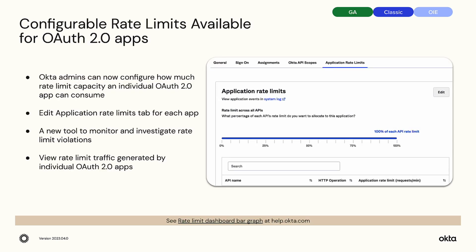Configurable rate limits available for OAuth 2.0 apps. Rate limit violations mainly occur on authenticated endpoints. Currently, it isn't clear which OAuth 2.0 authenticated app consumes all the rate limits for an org. This increases the risk that one app consumes the entire rate limit bucket. To avoid this possibility,